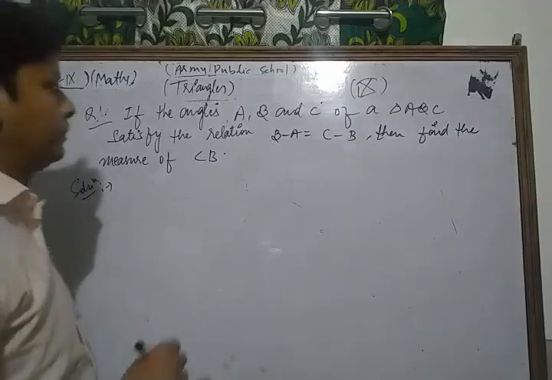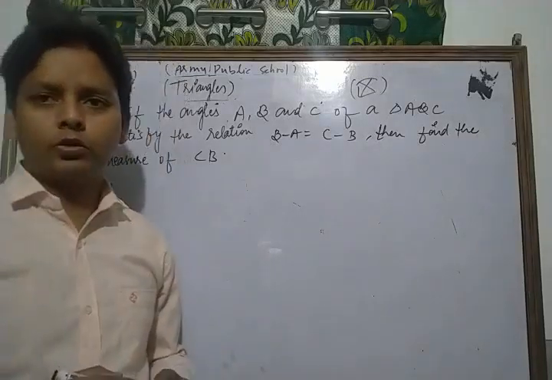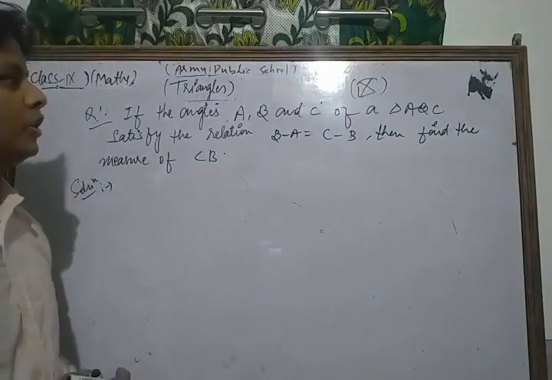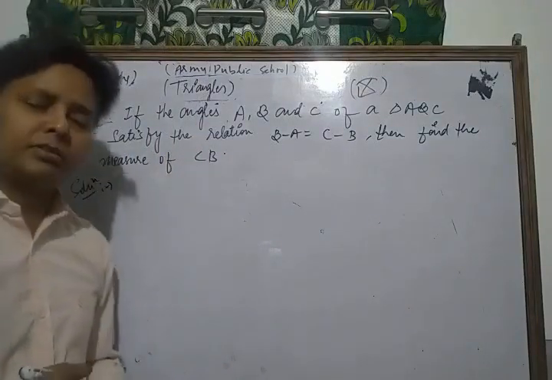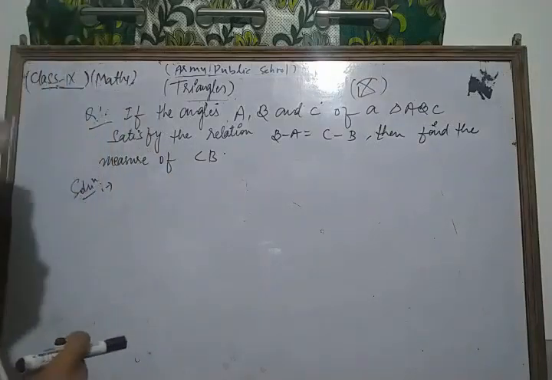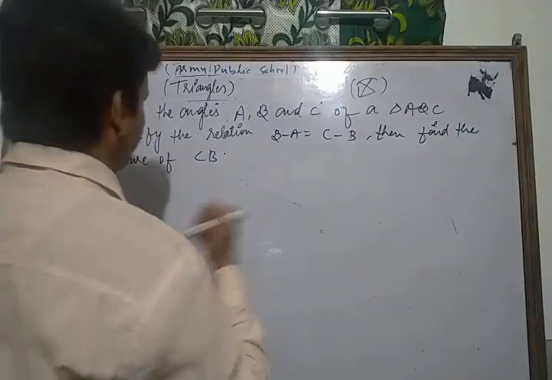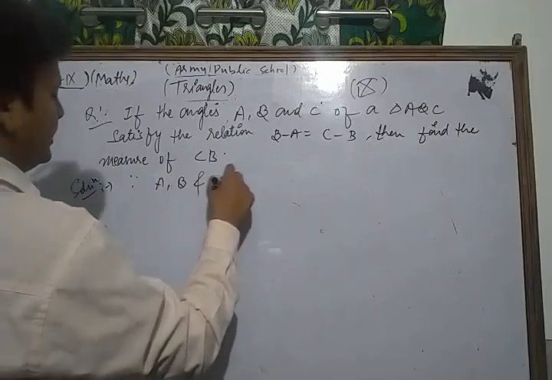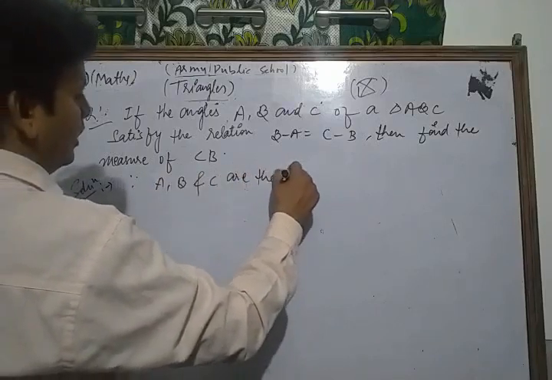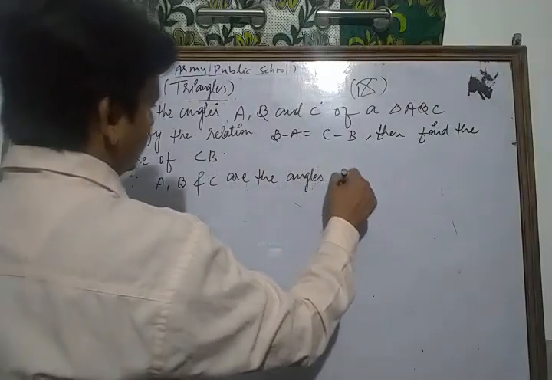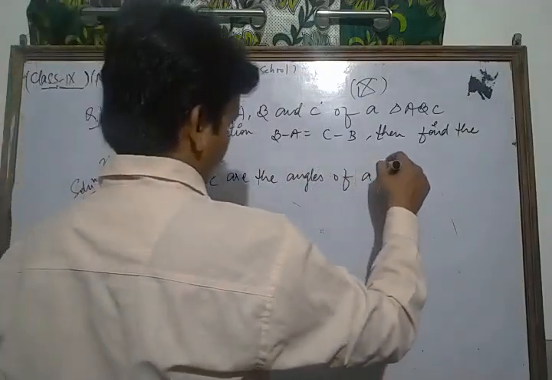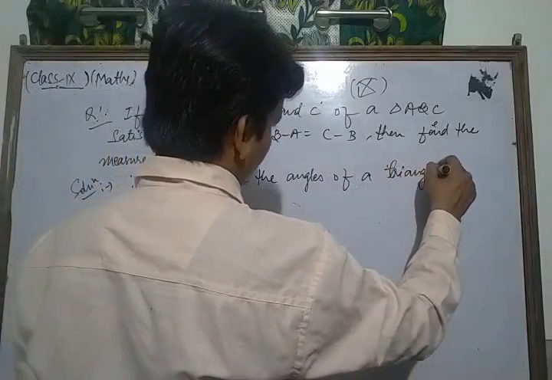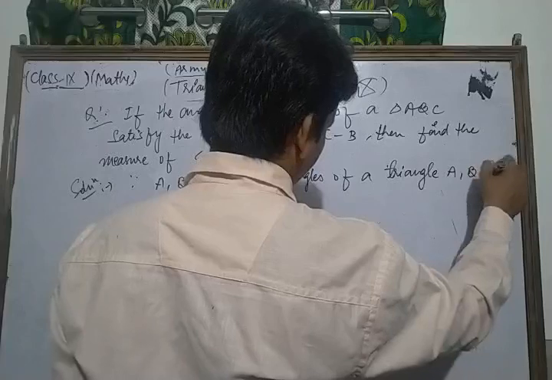Now let's see its solution. This is a very important question related to your chapter. Here, the angles A, B and C of a triangle ABC satisfy the relation B minus A is equal to C minus B. So let's see. Since A, B and C are the angles of a triangle ABC,